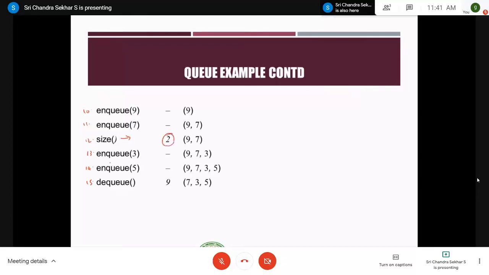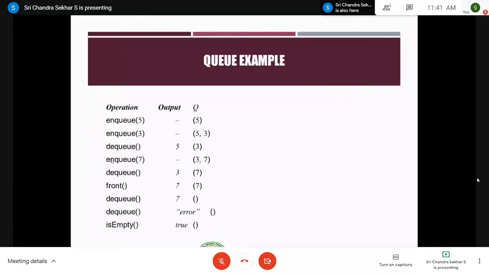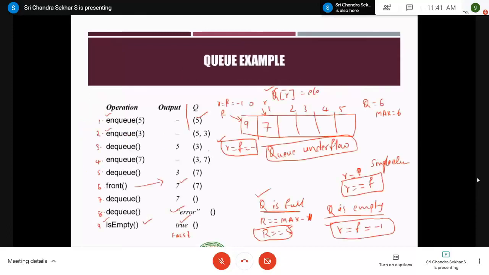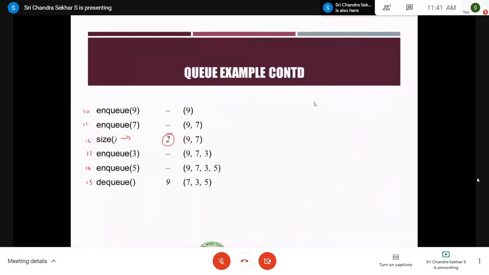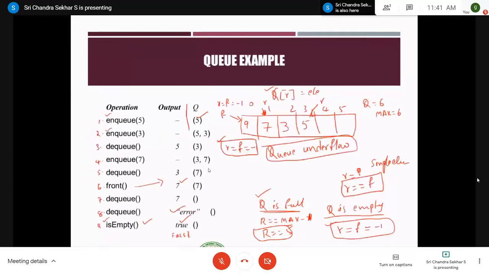Coming to the next two operations, that is the 13th and 14th instructions, it is NQ of 3 and NQ of 5. Let us NQ it. So NQ of 3 is done first, and then NQ of 5 is done next. So my rear pointer is pointing to this position, right? And the last instruction that is executed is DQ, right?